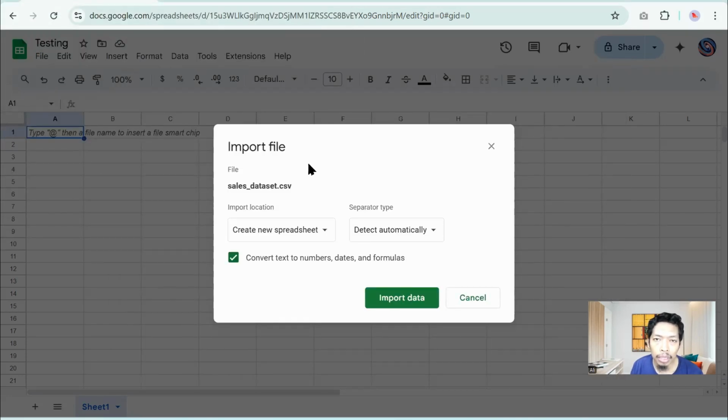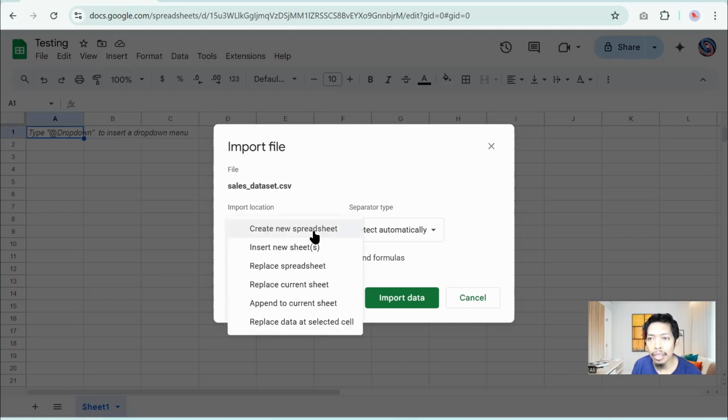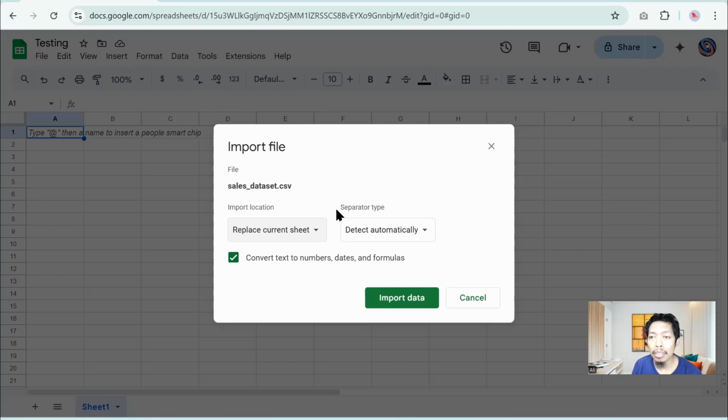Another dialog box will appear. Under Import Location, choose where you want to put the data. Since this sheet is new and still empty, I will select Replace Current Sheet. Under Separator Type, you can choose the delimiter based on your file.